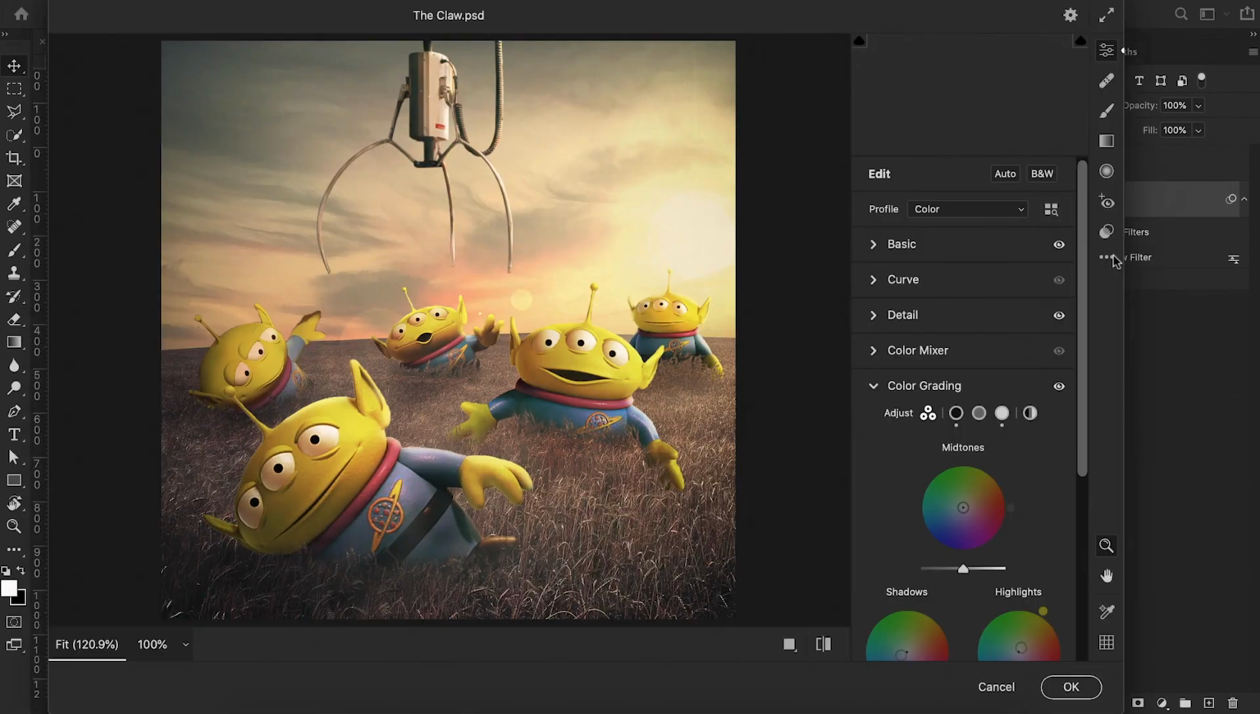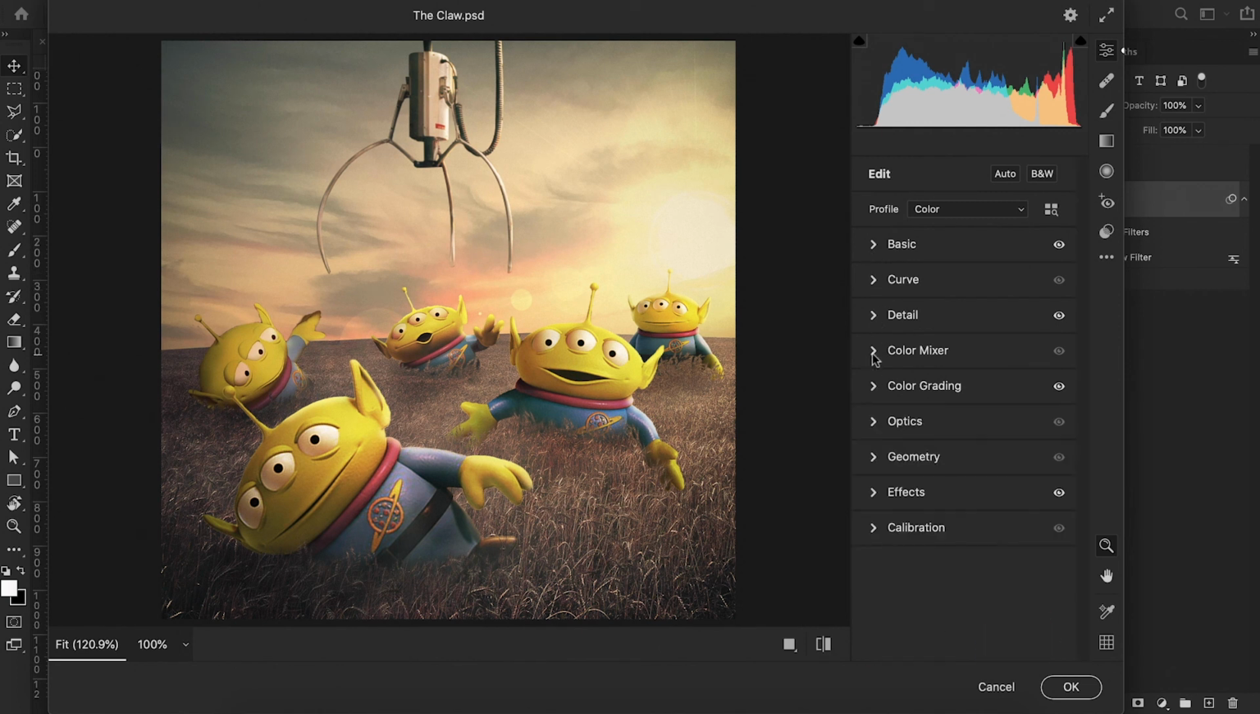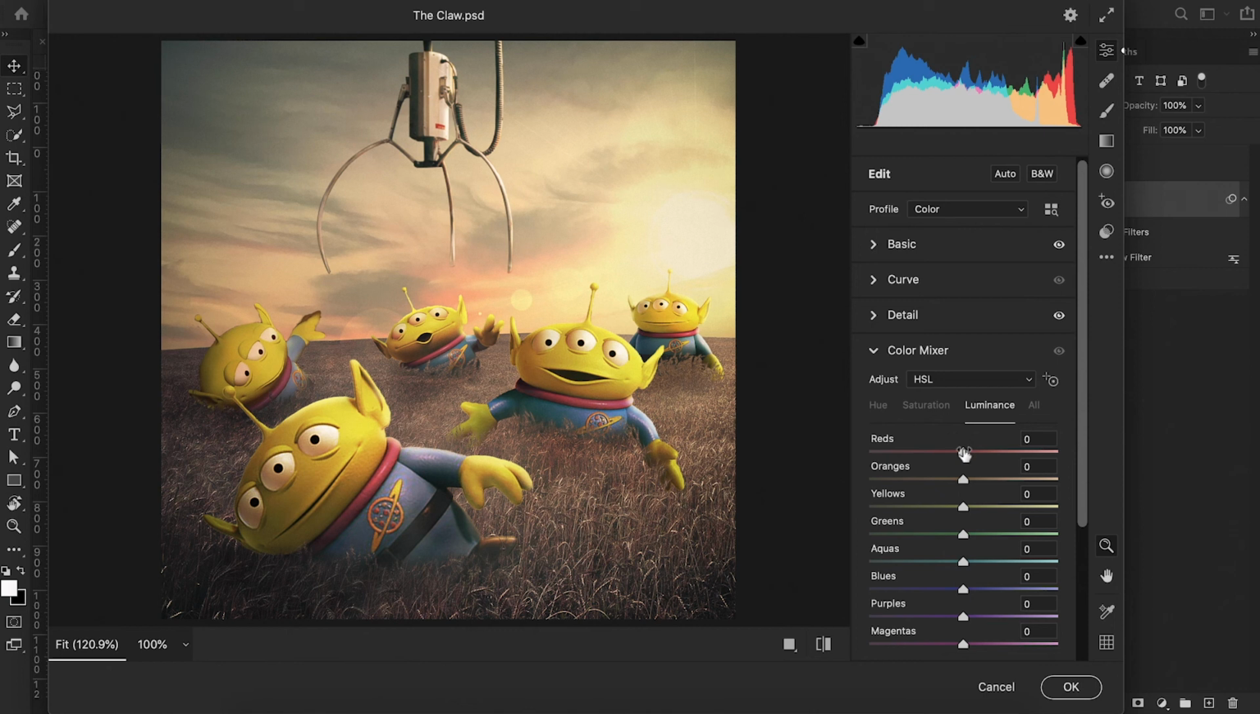All right, and so we have one final stop within our camera raw filter. Let's get back in there. And we want to find the color mixer tab, which is right here. We'll click on that, and the color mixer tab is